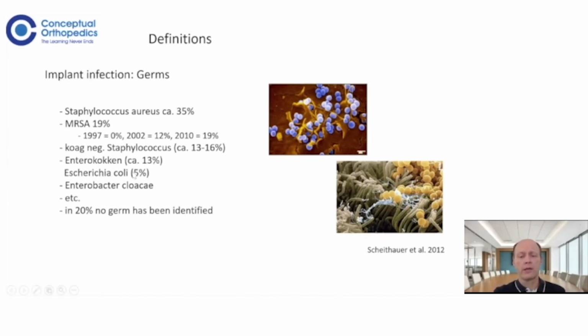In our area, still Staphylococcus aureus is bacteria number 1, more than 1/3. MRSA increased over time. As you see here, in the late 90s it was almost zero, and then it increased up to 19% in 2010. If we now look at the